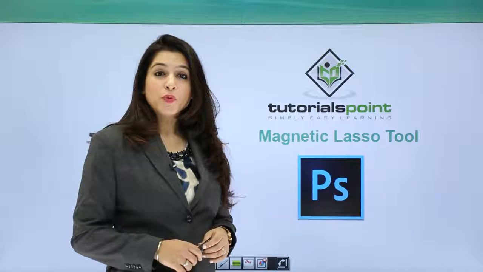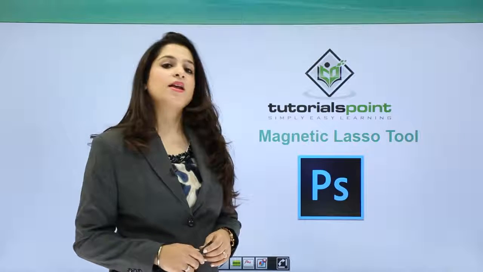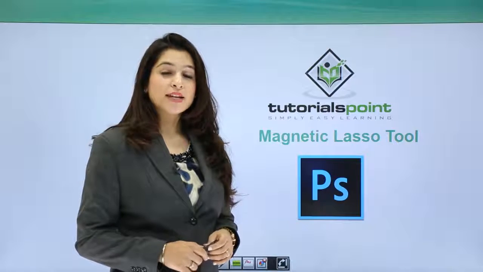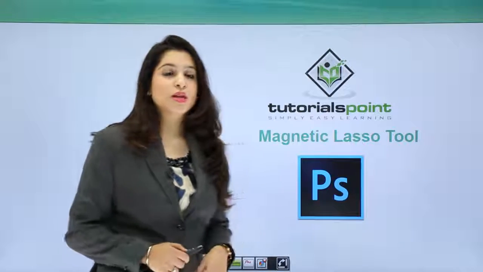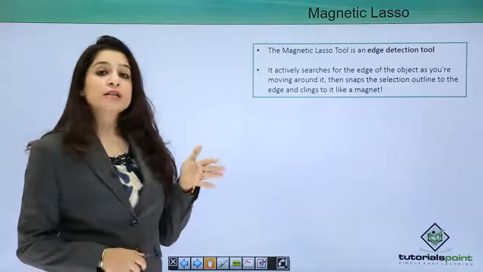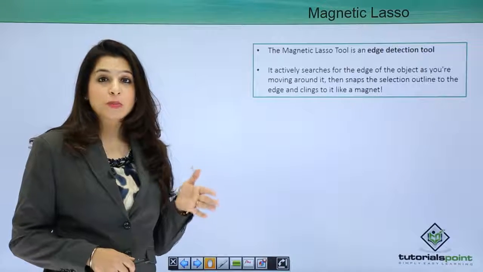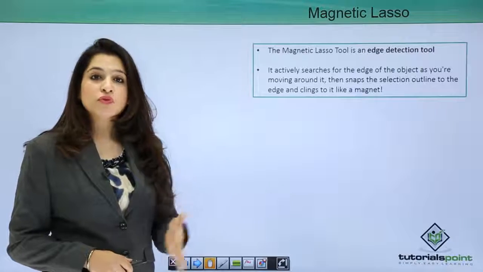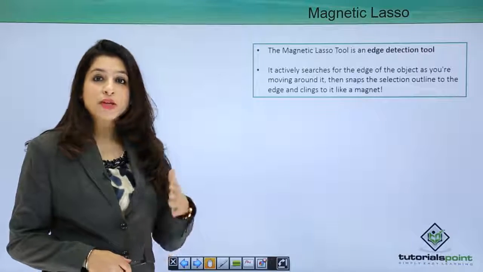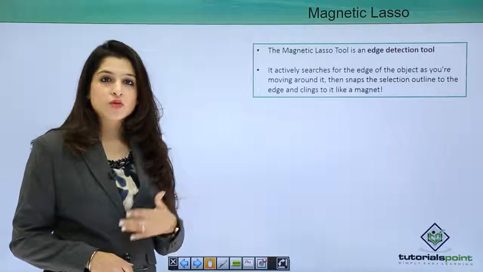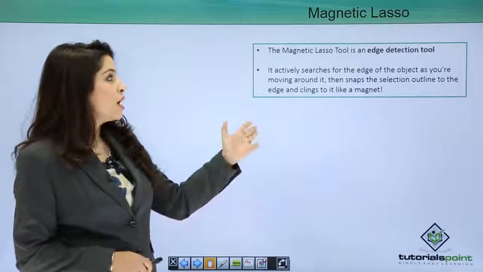In this tutorial now we will discuss the magnetic lasso tool. So let's move forward and discuss the magnetic lasso tool. The magnetic lasso tool is again a type of lasso tool. To select this, we have to press Shift plus L. So we're going to move through the various lasso options. Like we just discussed, we have the lasso tool, the polygon lasso tool, and now the last one,